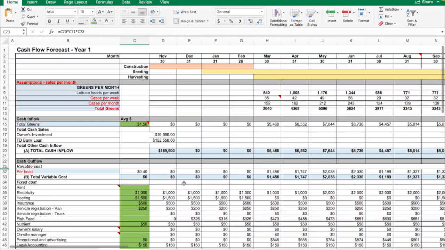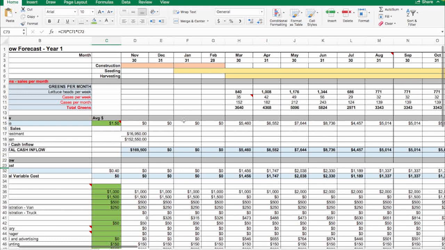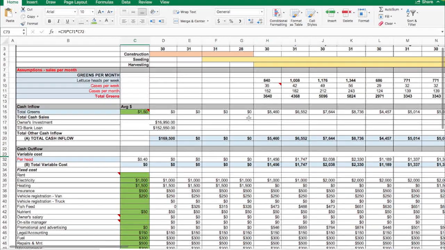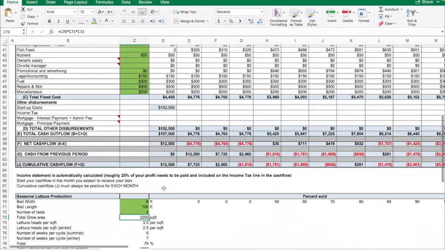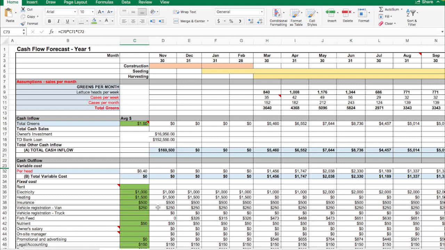Now what happens here is that if you look here on the top, you will get all the numbers that you need, based on the information that you just put in, the numbers that you're going to be able to grow. So this is where you know how much can you grow on a week basis, on a monthly basis. How much in total will you be able to grow? You can get those numbers right here by just inputting those three simple values that you obviously know when you're coming up with your aquaponics system. That's again a great thing to have when you want to know exactly how much am I going to be